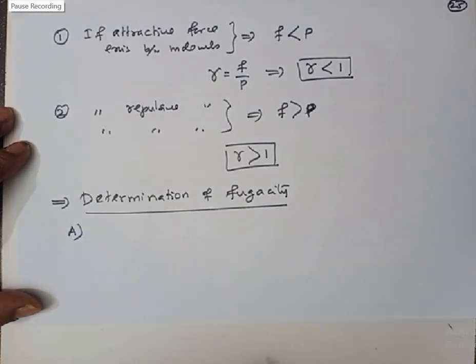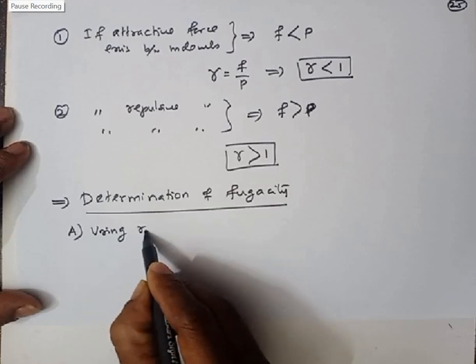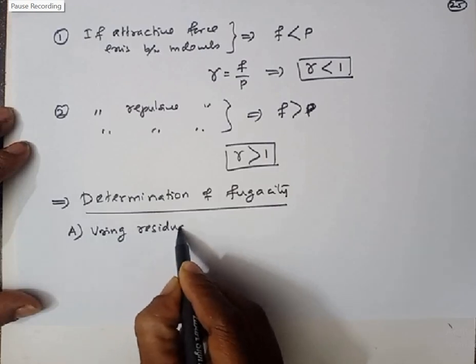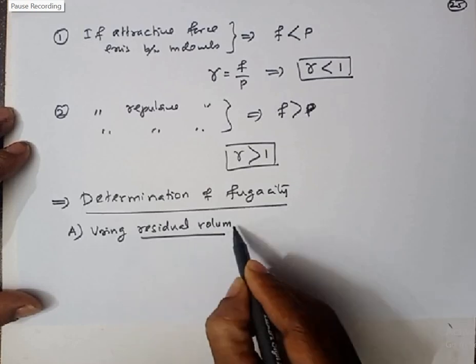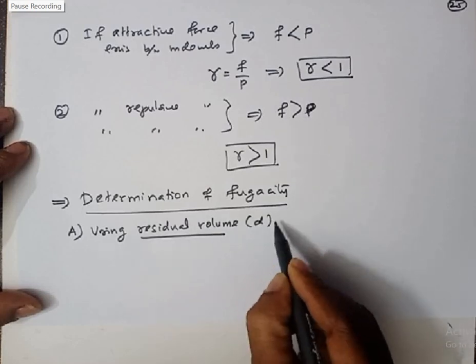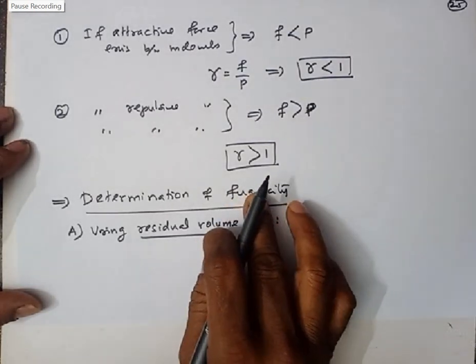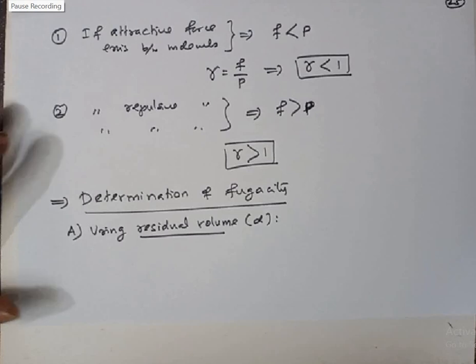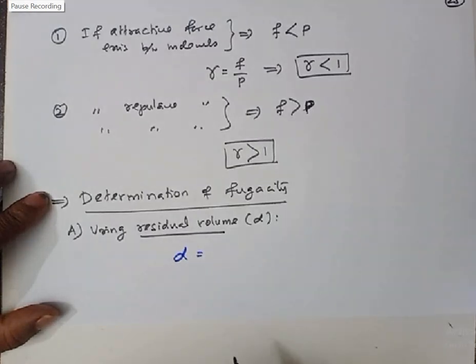First I will take a method using residual volume. Using residual volume, we are going to measure fugacity. We represent residual volume by the symbol alpha. What is residual volume? See here, residual volume alpha is equal to